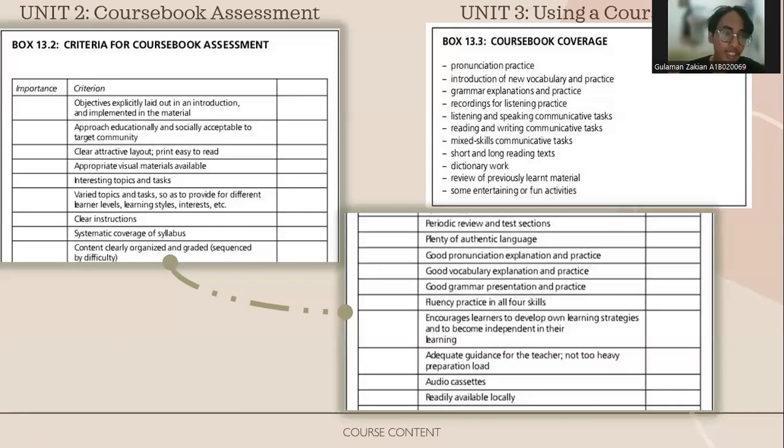Clear instruction, systematic coverage of the syllabus, content clearly organized and graded, sequenced by difficulty, periodic review and test sections, plenty of authentic language, good pronunciation explanation and practice, good vocabulary explanation and practice, good grammar presentation and practice, fluency practice in all four skills, encouraging learners to develop their own learning strategies and to become independent in their learning, adequate guidance for the teacher, not too heavy a preparation load, audio cassettes, but